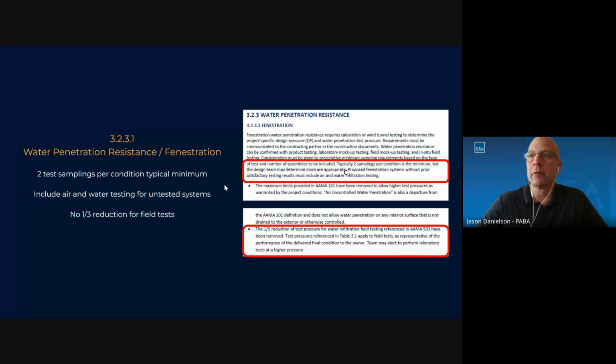3.3.1, water penetration resistance and fenestration. Here's the copy; these are screen captures of where you'll find this and the differences that have happened. On these projects, there's always a question of how many samplings. So as a kind of default, go with 2 test samplings per condition as a typical minimum, and